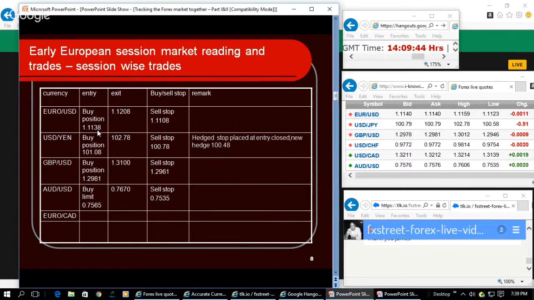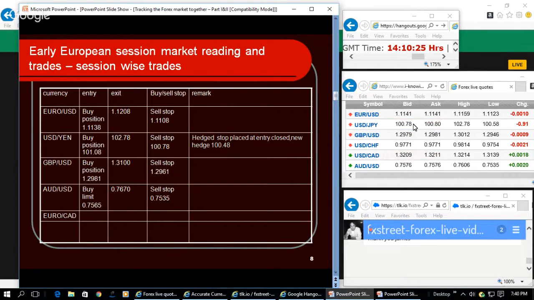Then in the case of USD GBP, I kept the buy limit order at 1.2981. I was telling you that they could go up to 1.30 and come down. And at the time of talking to you during the European session, they went up to 1.2995 and also made a brief upward stop and started making the slide. And 1.2981 was filled, and I kept the hedge order at 1.2961 that is not being filled, and we are waiting for the USD GBP to gain the levels before that